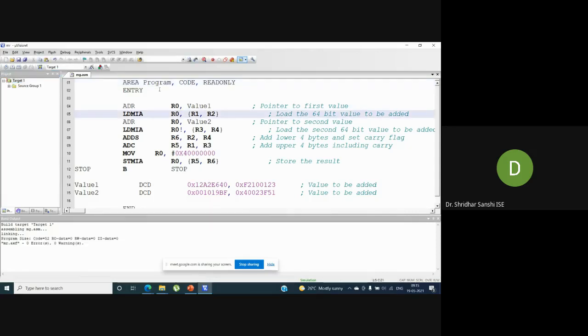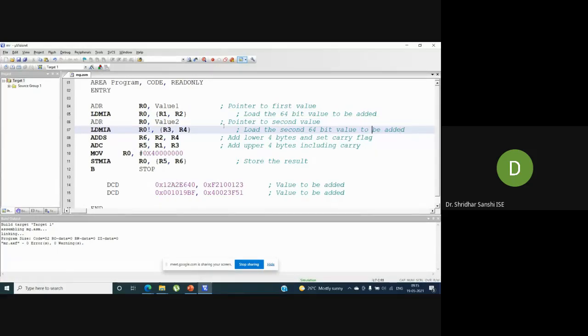So this is a program where we are adding two 64-bit values. Now let's see the execution.